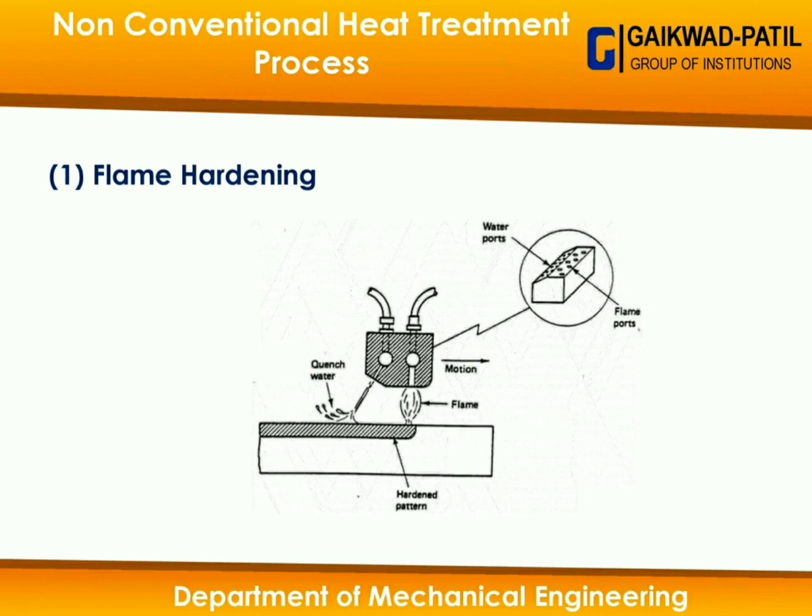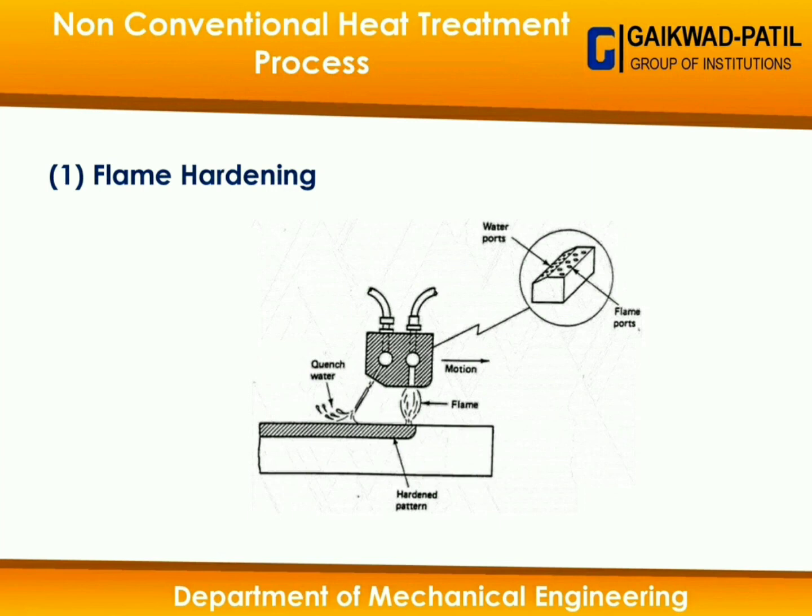So, here we can see the diagram where one nozzle is used to give the heating with the help of a flame, which is called an oxyacetylene flame, and the backside nozzle is used to quench the heated surfaces, and that apparatus needs to move forward where the hardening is required, right. So, this is the flame hardening heat treatment cycle.